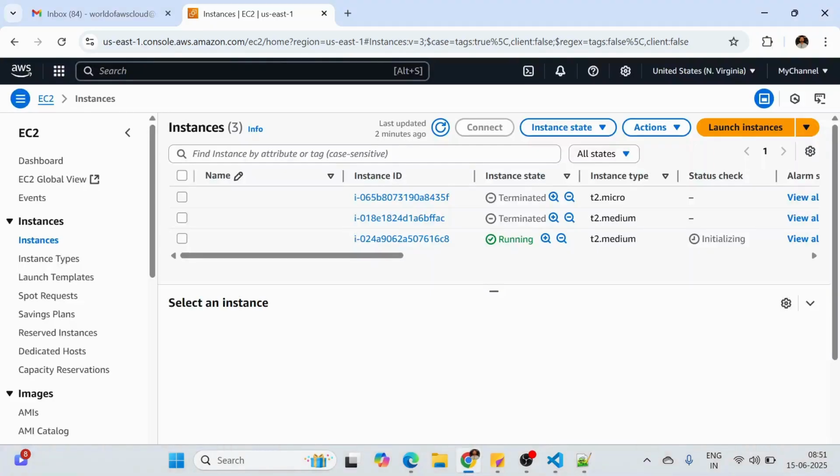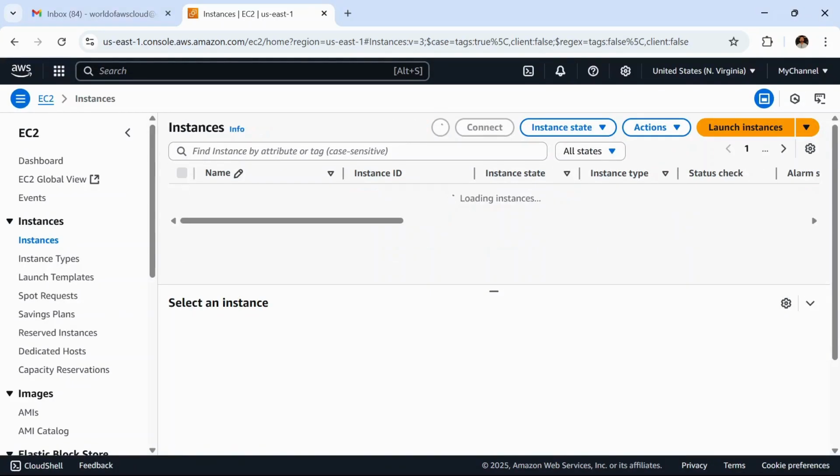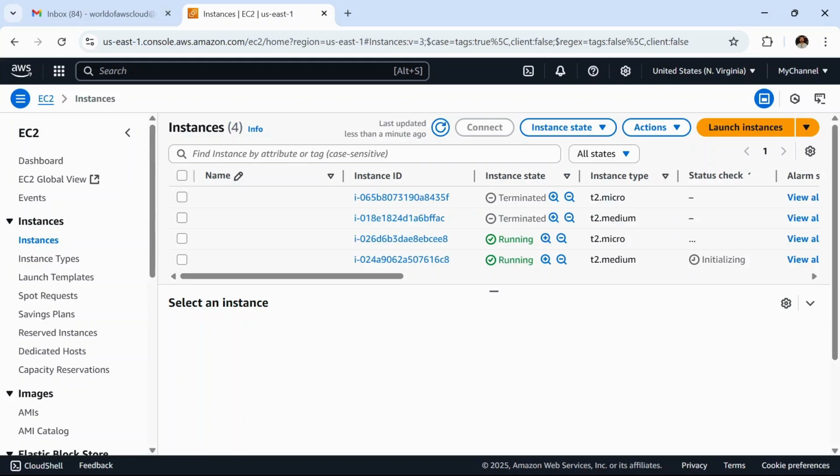Let's go to the console and verify that we are going to have two instances. Yes, another instance is there. According to the dev workspace we have defined that if our workspace is dev, then we want to provision a t2 dot micro EC2 instance, right? So here the t2 dot micro instance is coming up and it's in running state.